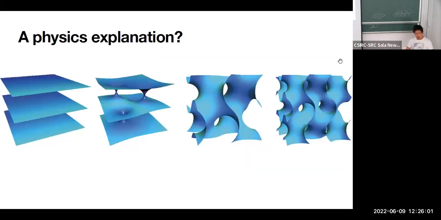And then I read in the physics paper. They were wondering how the TPMS appear in nature and in experiment. Because if you have very few molecules, they are just layers of bilayers. But then they develop into very complicated bicontinuous structures like this. How does that happen? They have a theory that different layers first touch and form a small